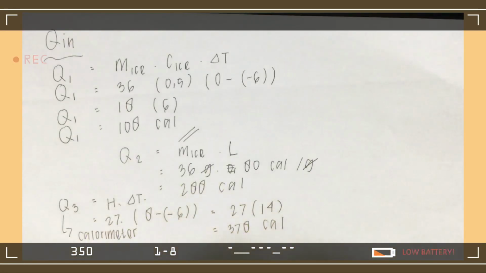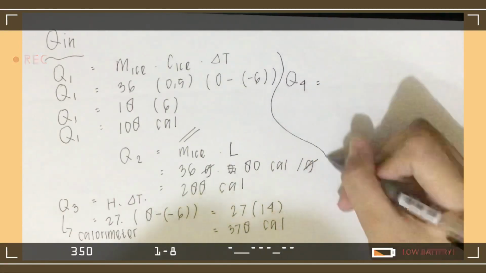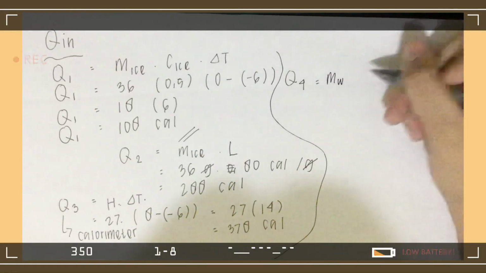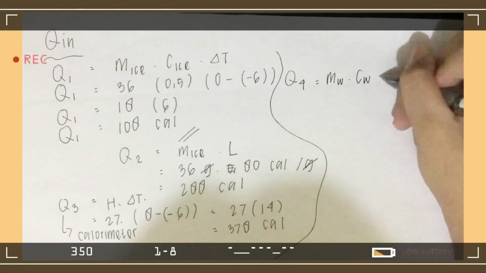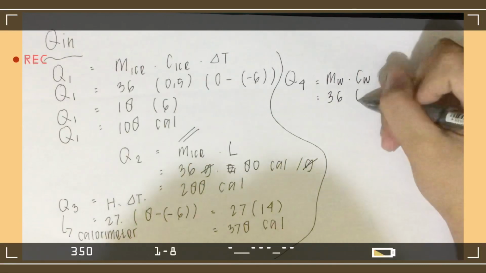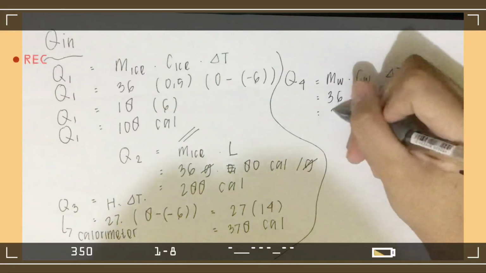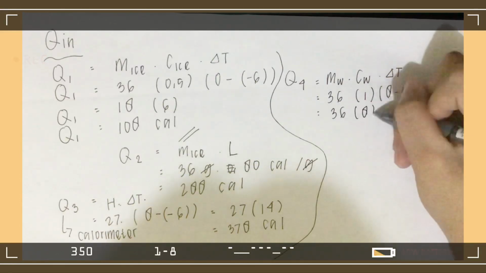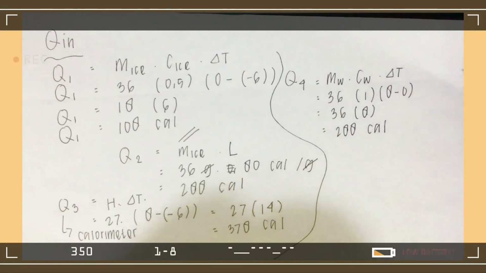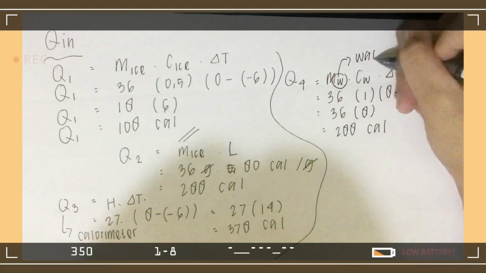The final answer is 378 calorie. Last, we need to search for the Q4 because we need to increase the temperature again so we can make the ice into water. So we can use the formula of Q is mass times specific heat of water times delta T. We know that the specific heat of water is 1 calorie, and we just need to put the numbers and we can calculate, and the final answer is